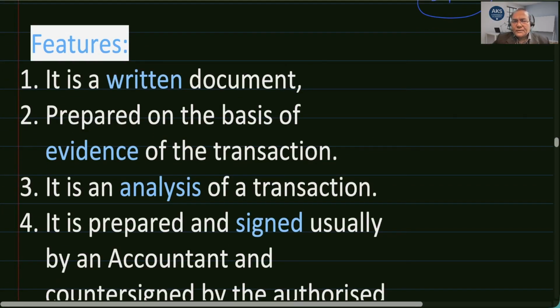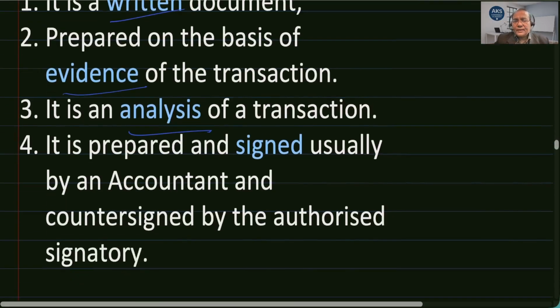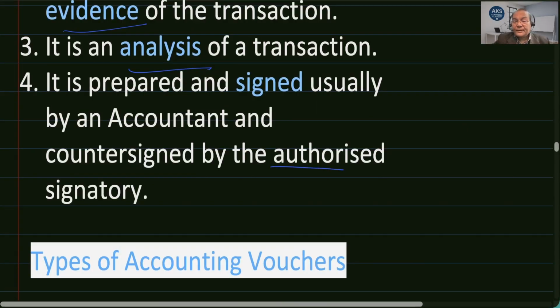It is a written document, so we have understood that. Prepared on the basis of evidence of the transaction. It is analyzed in the sense of what is to be debited and what is to be credited. It is prepared and signed usually by an accountant, then countersigned by the authorized signatory. Now this is important. A senior accountant or manager also signs the accounting voucher prepared by the accountant, and there is a specimen signature of the authorized signatory or the manager. So he also signs it, which to an extent certifies that yes, this much of transaction has happened,